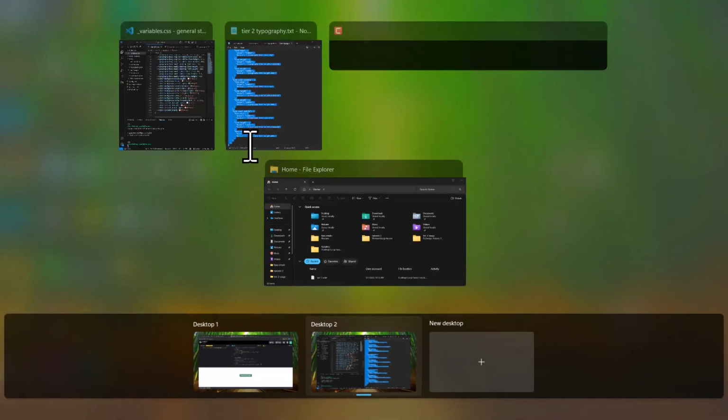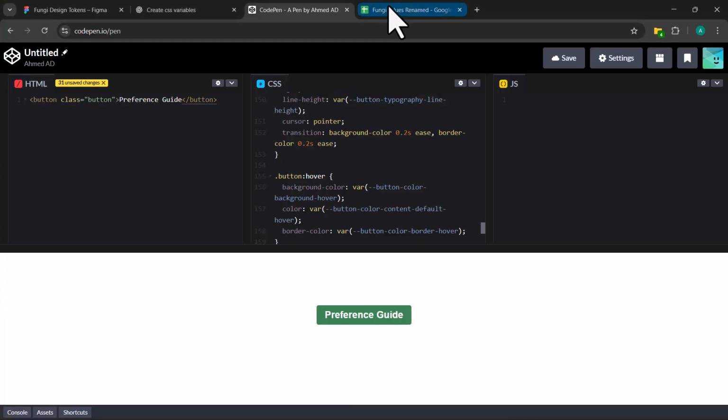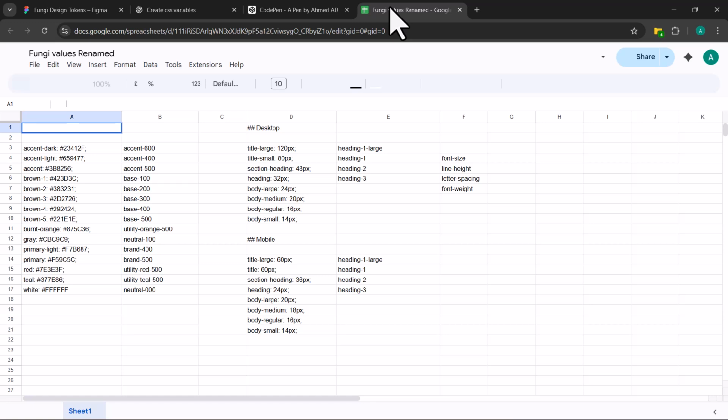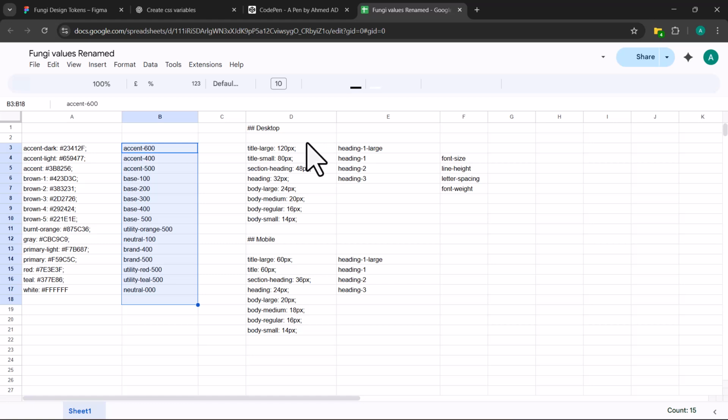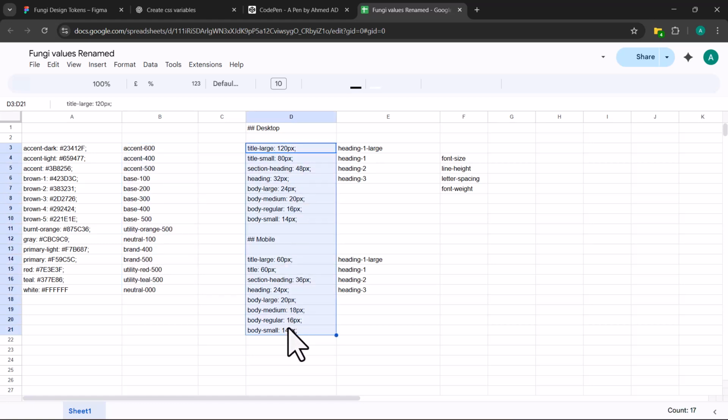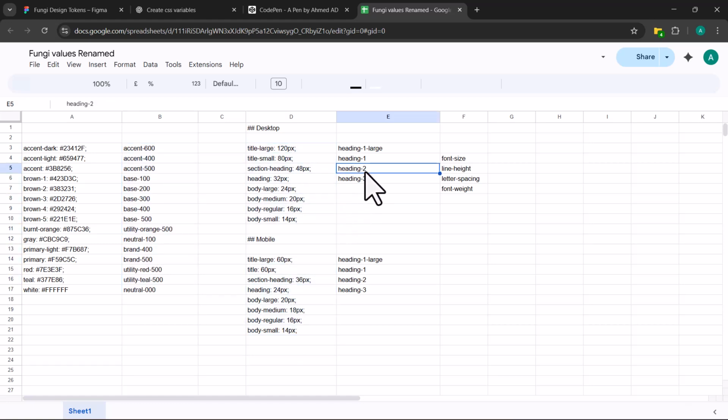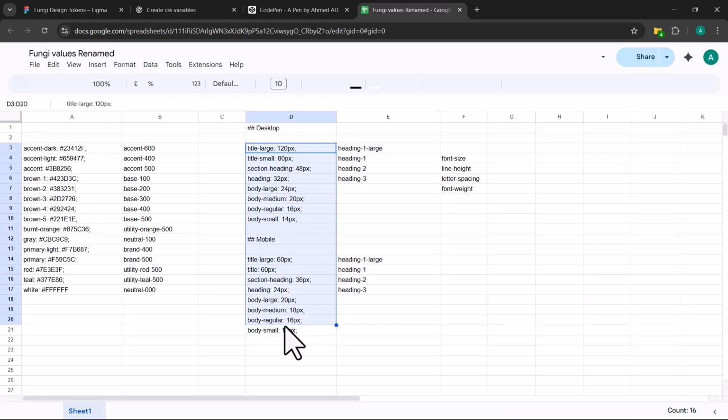And for the naming, let me see. For the Figma values, I did some renaming. So the accent dark is what became, no, sorry, this is tier 1. The accent dark became accent 600, 400, 500. So this is the naming I use. This is what we got from Figma, and this is what they became. And this is what we got from Figma, and is exactly what I used. But if you want to map it using headings, so you have H1 large, heading 1, heading 2, heading 3, and the same thing for mobile, I might end up using the headings, or I might end up using what we have in our tokens. It doesn't really matter.